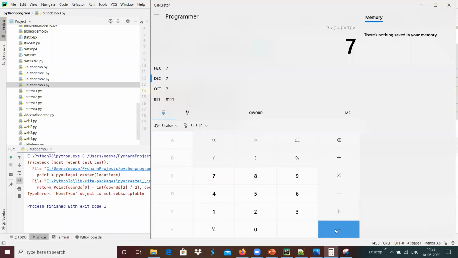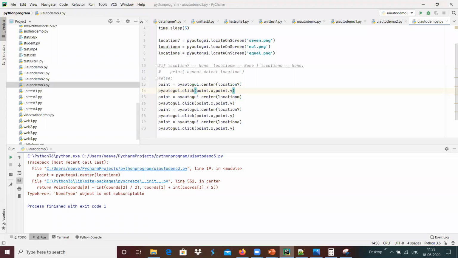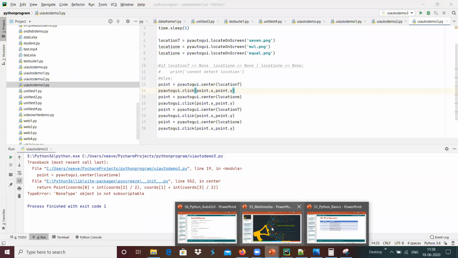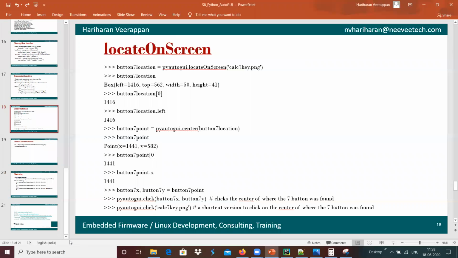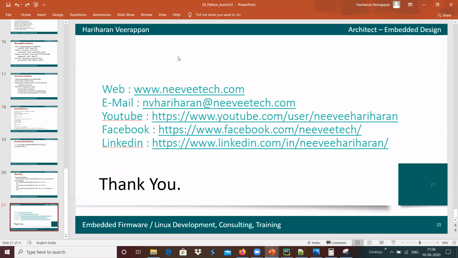This provides the complete basic overview about PyAutoGUI and how we can do the automated testing of a user interface application that we have seen over here. Please feel free to ping me in case of any doubts over here.